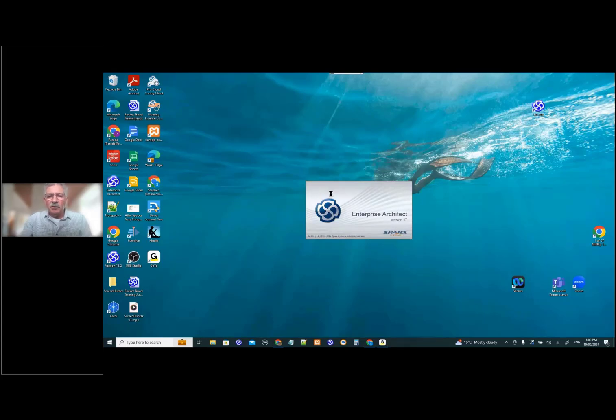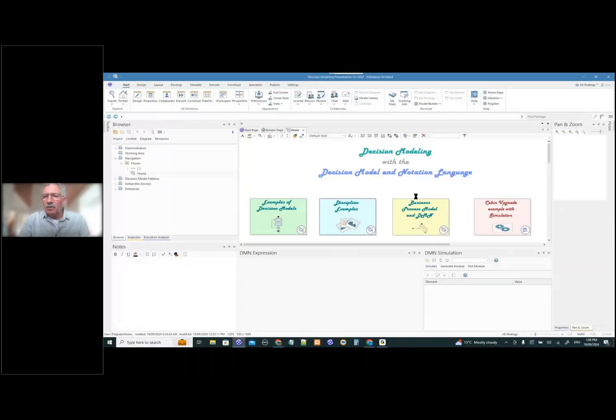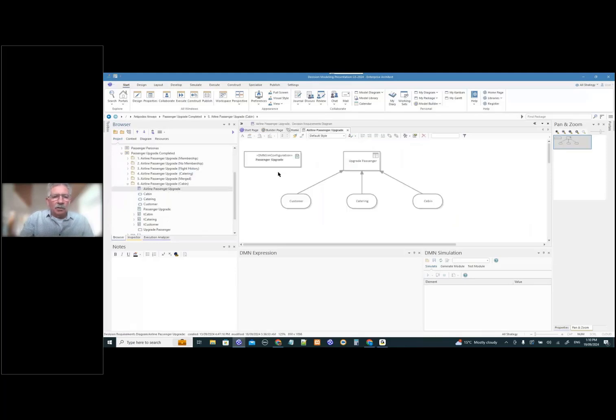Be aware of the fact that I'm running live here, which is always a little bit tricky. And also I'm using version 17, a beta release of that, which also hasn't been officially released yet. Let's go to another model and look at that. This one here, maybe. Look at that again. I'm going to drop